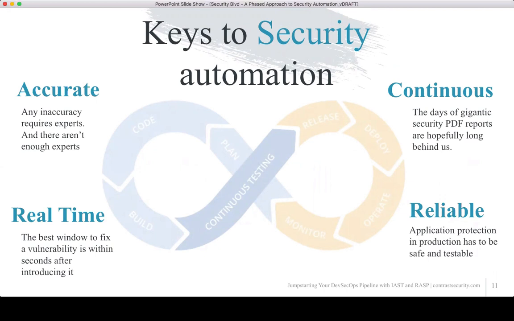So Jeff, our founder, boils it down to 4 key things. This is where we transition from the why of security automation into the what is good security automation. There are 4 key criteria that make good security automation. First, it's accurate,